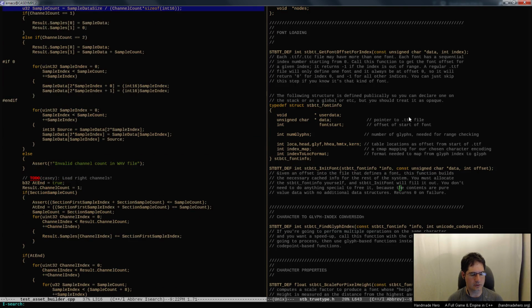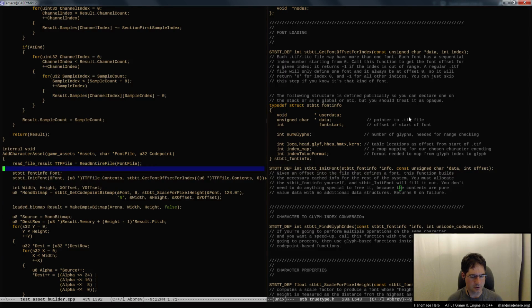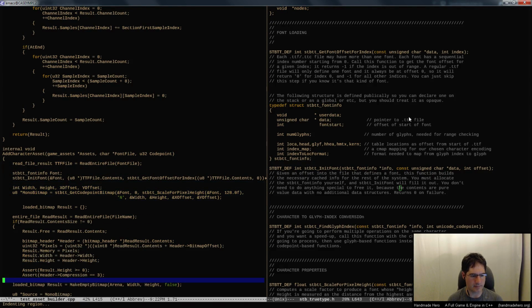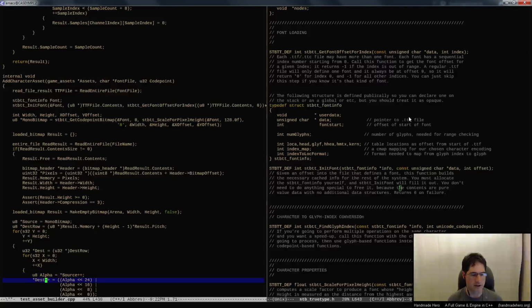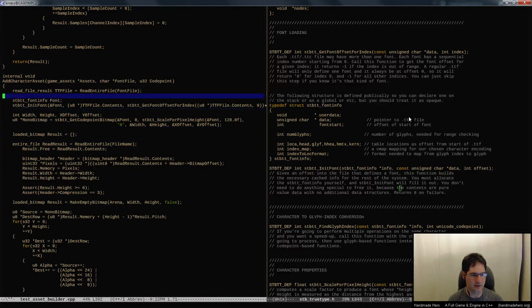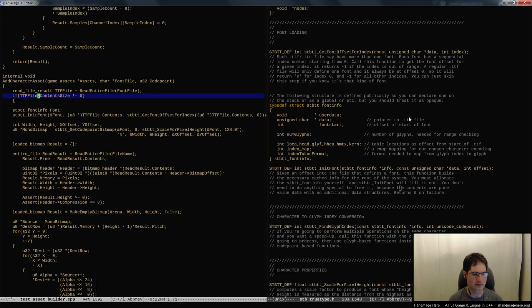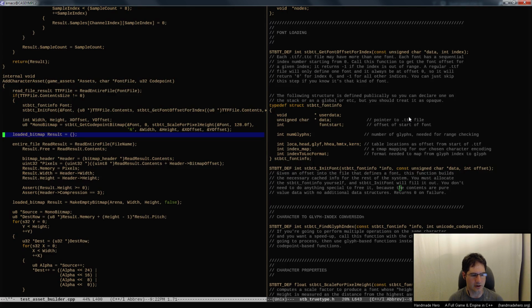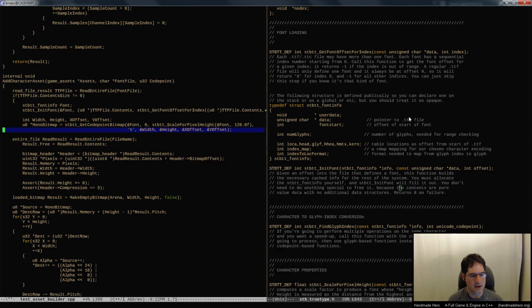So anyway, when we do the font stuff, we do add character asset. We come through here, we get our code point bitmap out, and so now what we need to do is make a loaded bitmap that we can actually use as our asset. So I start by making one. I guess we should also do a thing here that actually takes a look at the TTF file stuff, and doesn't try to do that unless it gets this back. Not really necessary because this is offline, but might as well do that. So if I go in here,